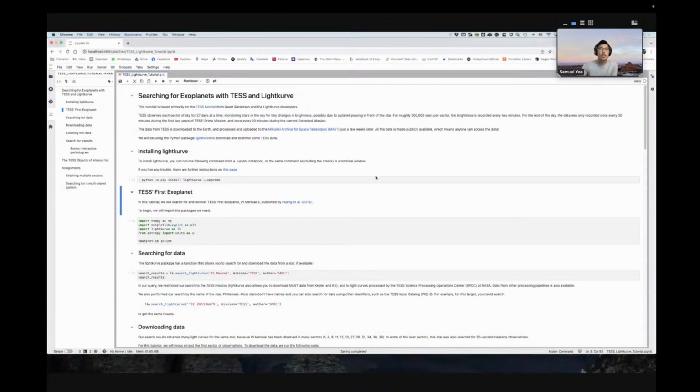All right, so this Jupyter notebook is on the course's GitHub page, so you can take a look later on. And so what we'll be doing is we'll be using this Python package called Lightkurve, which is developed by people at NASA to help us to be able to download and to be able to analyze the light curves from TESS. And so if you go to the Lightkurve page, here it's spelled with a K, so L-I-G-H-T-K-U-R-V-E, you